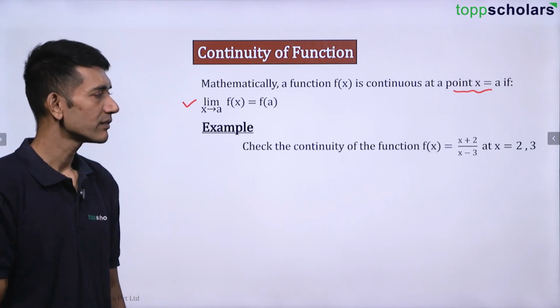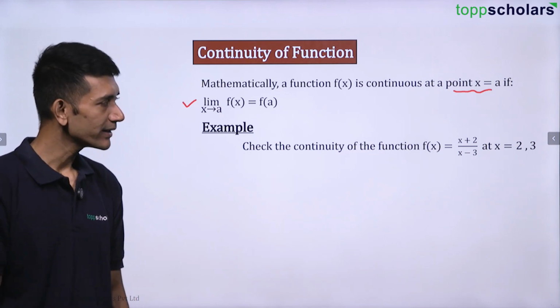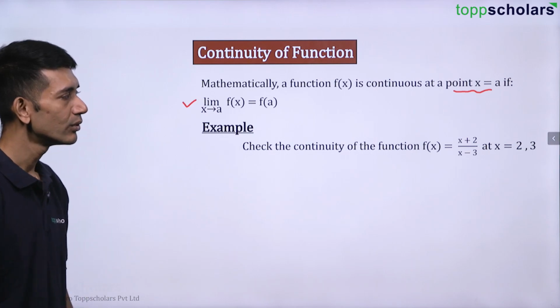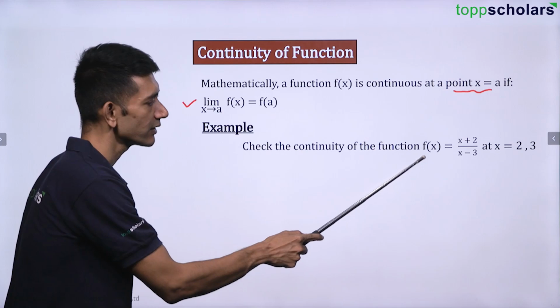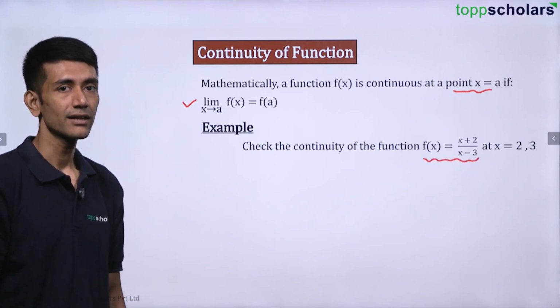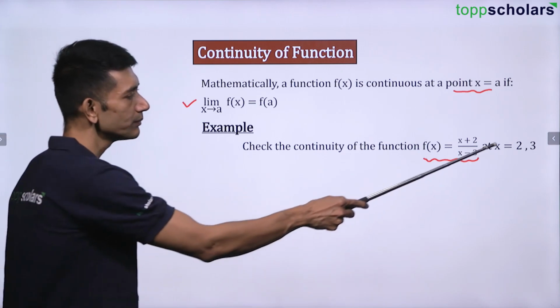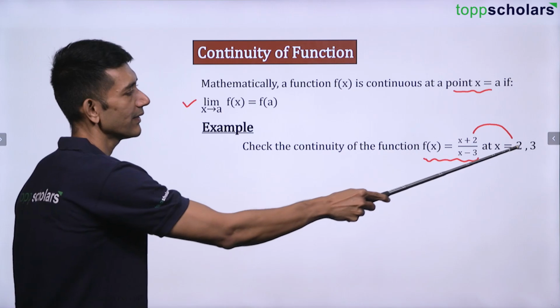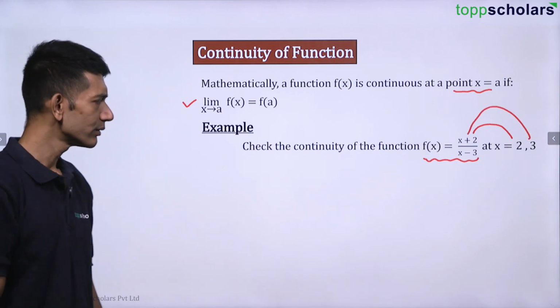Okay. So, let us see an example. Check the continuity of the function f(x) = (x + 3)/(x - 3) at x = 2 and 3. So, we are supposed to check the continuity of this particular function. Obviously, this is a rational function, isn't it? We're supposed to check the continuity of the rational function at 2 points, at 2